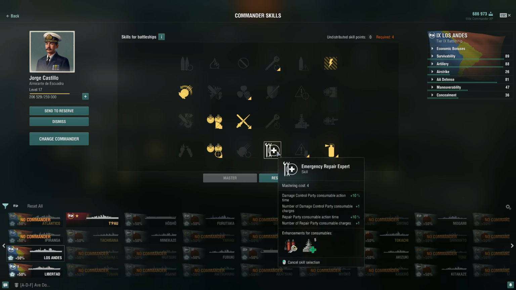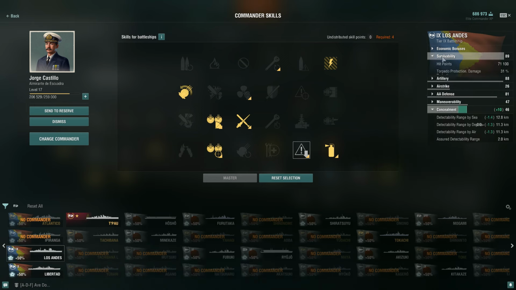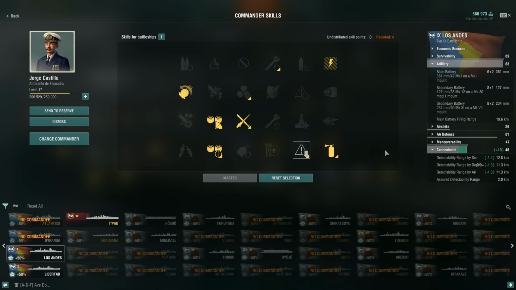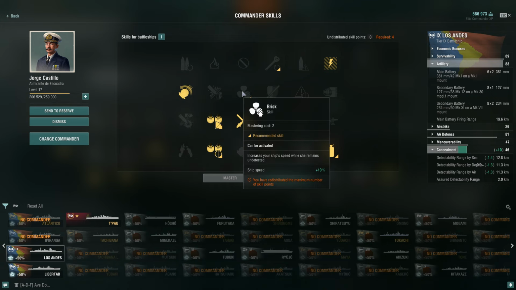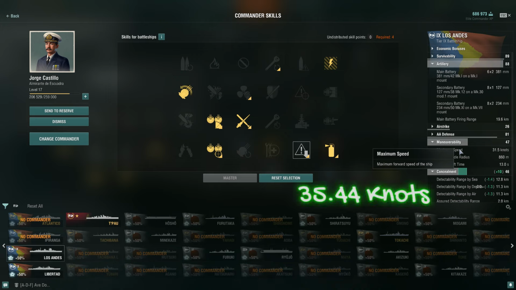The other option to run is doing the conceal build, which would bring your concealment down to 12.8. And then your secondaries fire at 12 kilometers, which is really good running these two together. And then if I was doing a concealed build, I could keep the grease the gears, or if I'm running that legendary commander I spoke with you about, the unique commander, I take brisk, because then I get plus 12.5% on my ship speed, taking me from 31.5 knots to what is going to put you over